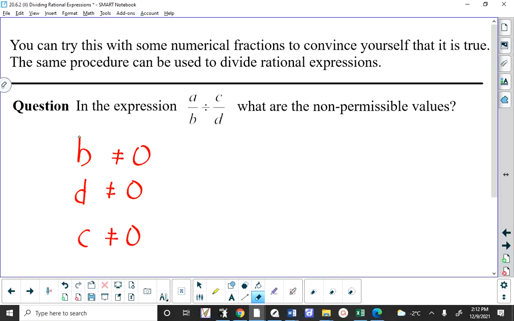that C is not allowed to be 0? Oh, Isaac again. I'm going to just tweak that a little bit. Yes, you're right. But I'm going to say if C is 0,